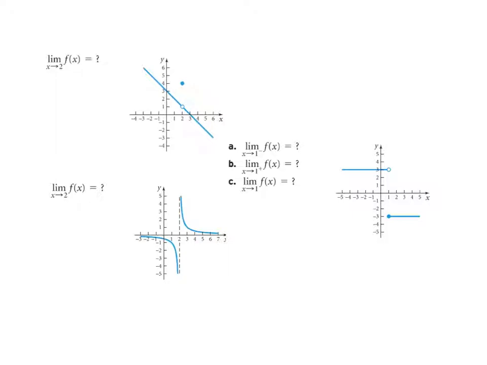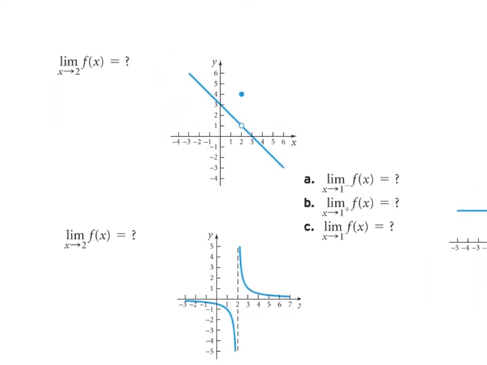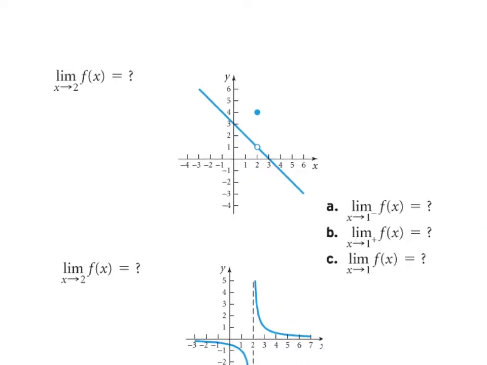Let's try a few more here. So I'm going to focus in on the limit as x approaches 2 of f of x, where f of x has a point moved. And remember, the idea of a limit is as I approach 2 from the left, I don't care what's actually happening at 2, because remember, with all of our sequences, we approached 2. We never actually got to 2 or 0 or whatever value we were looking for. So I'm going to use that same idea.